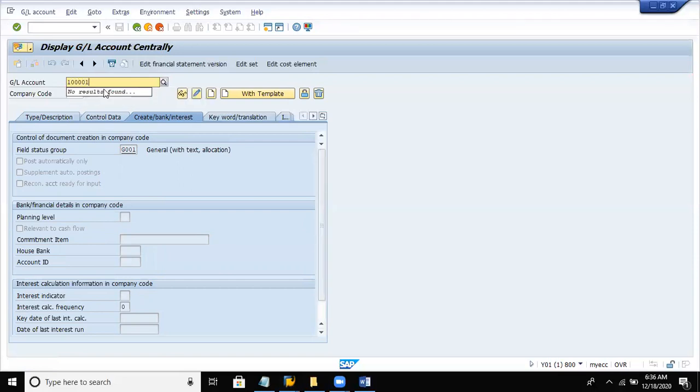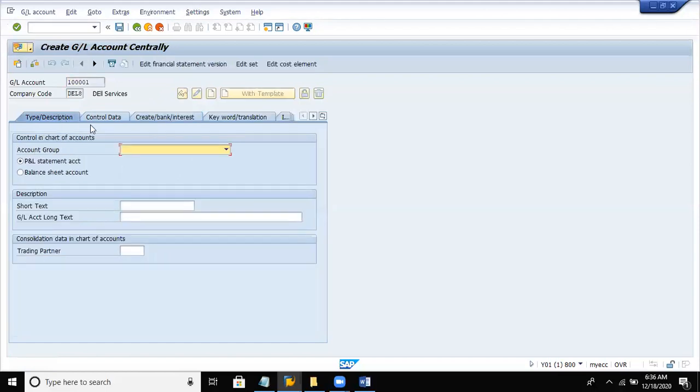Let us create another liability account. So 100001. Click on create. Click on type description tab. Let us say account group is liabilities and it is a balance sheet account, and our liability account is share capital. So let us go for share capital account.